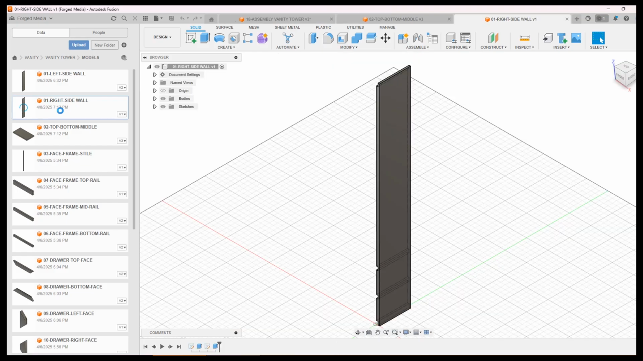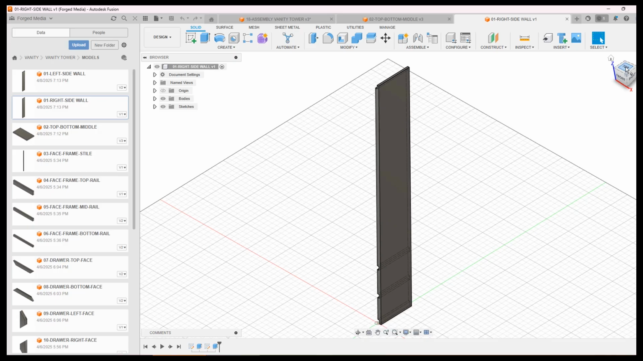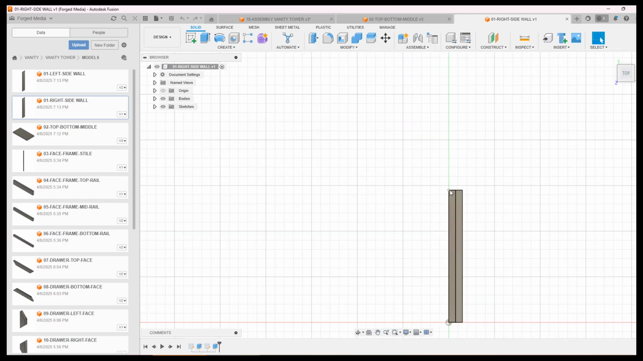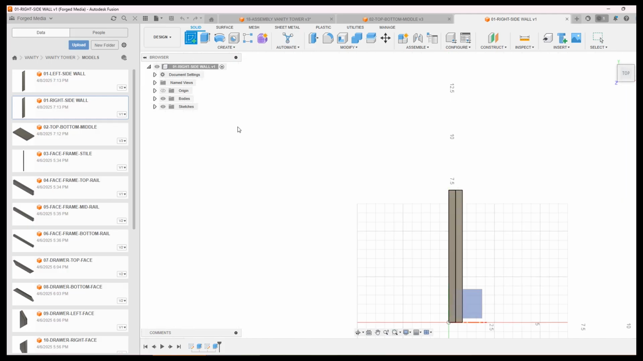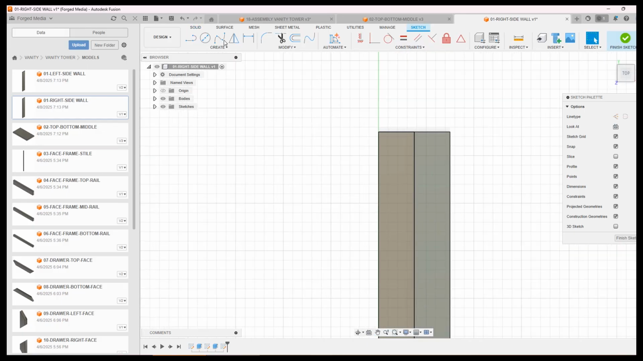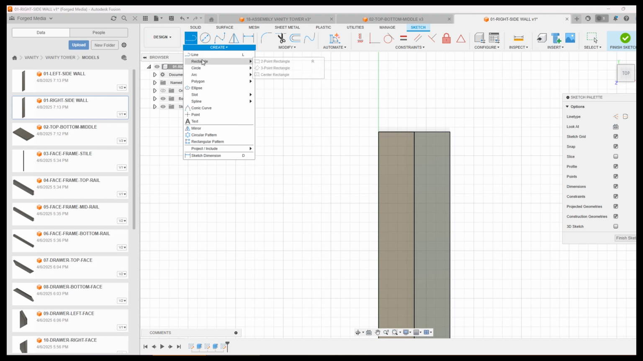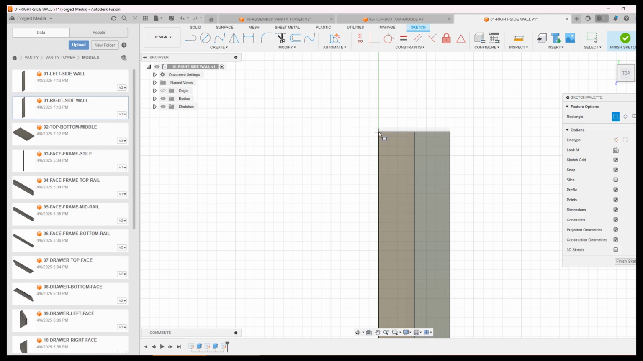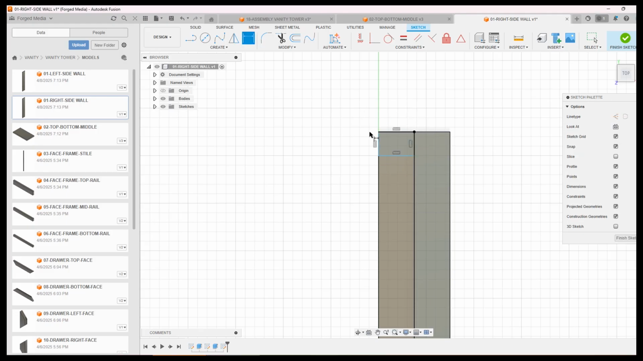So this is the right side. So this is on the right side of the model. So let's look at the top view. So we need to kind of cut a channel right through here. So I'm going to click on sketch view. Get my rectangle. Then give it some dimensions. So we saw the thickness or the depth of it to be 0.25